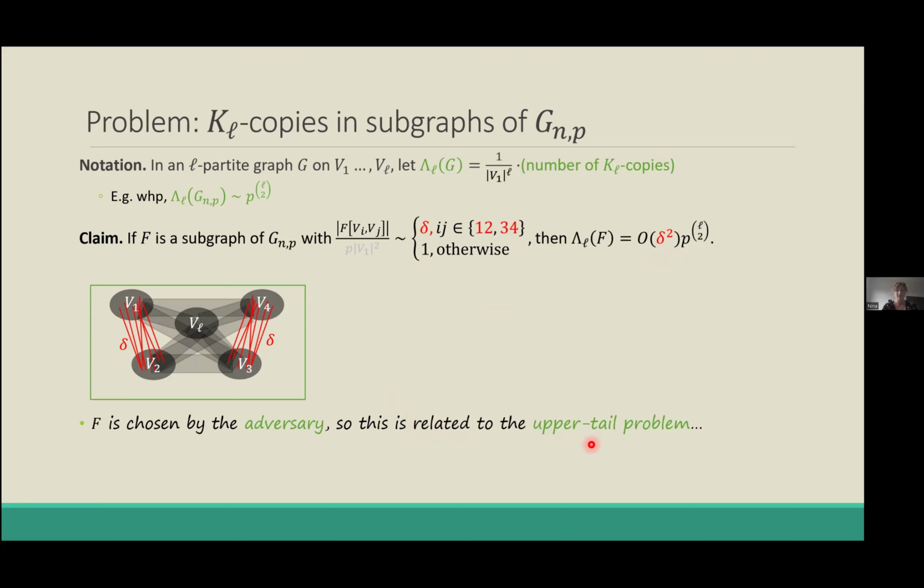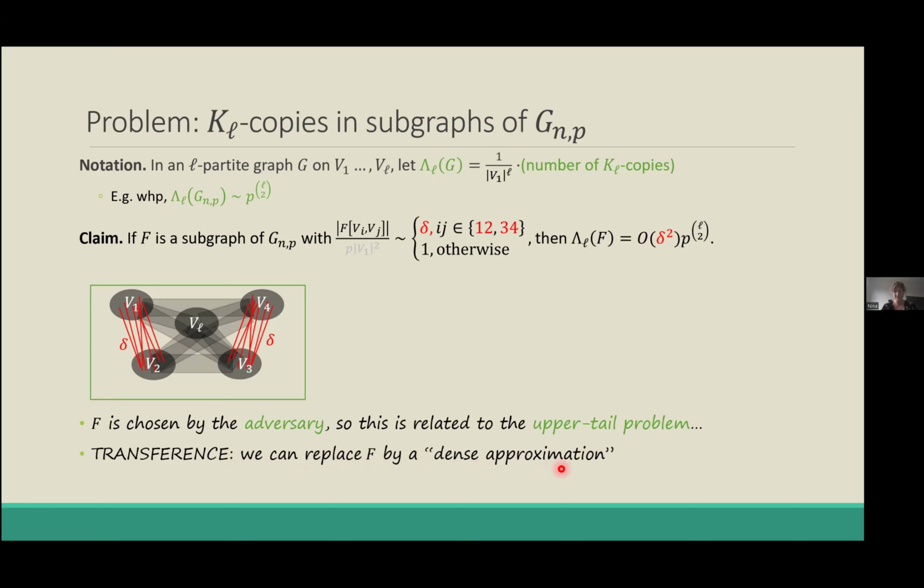And actually, that's one reason, not the only one, but one reason we end up using transference, because a lot of the standard methods in these extremal problems in random graphs give you a lower bound on the number of your desired subgraphs, but not an upper bound. But that's where this transference comes into play. Very vaguely, it tells you that we can replace our given subgraph F by some dense approximation. And we've already seen that in this setting, dense graphs are very easy to deal with.